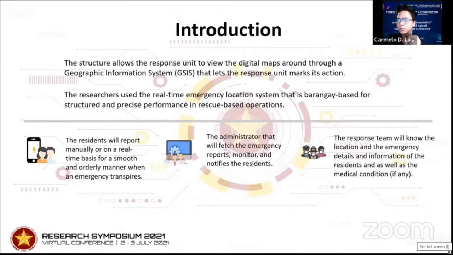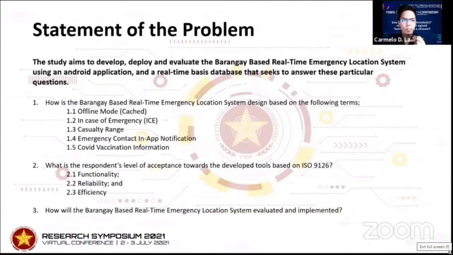For the statement of the problem, the study aims to develop, deploy, and evaluate the barangay-based real-time emergency location system using an Android application and a real-time database that seeks to answer these particular questions. Number one, how is the barangay-based real-time emergency location system designed based on the following terms?